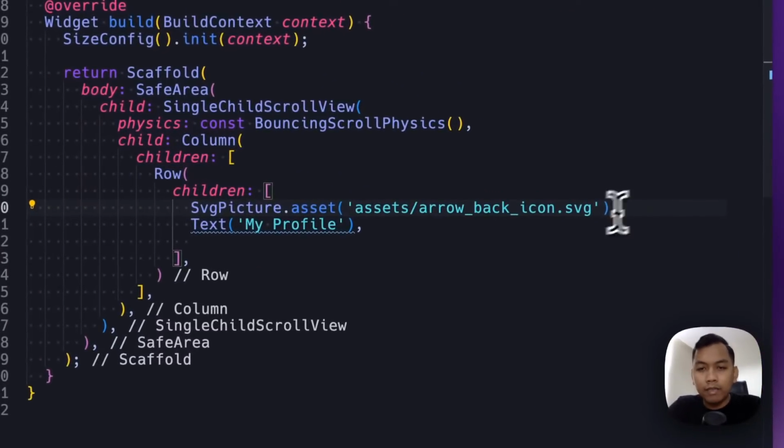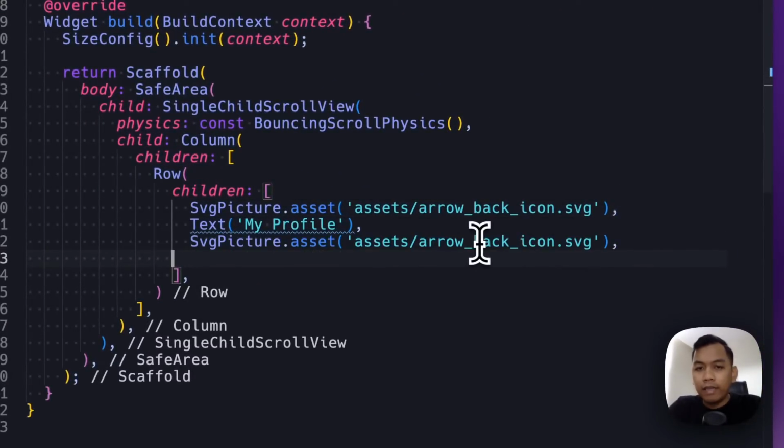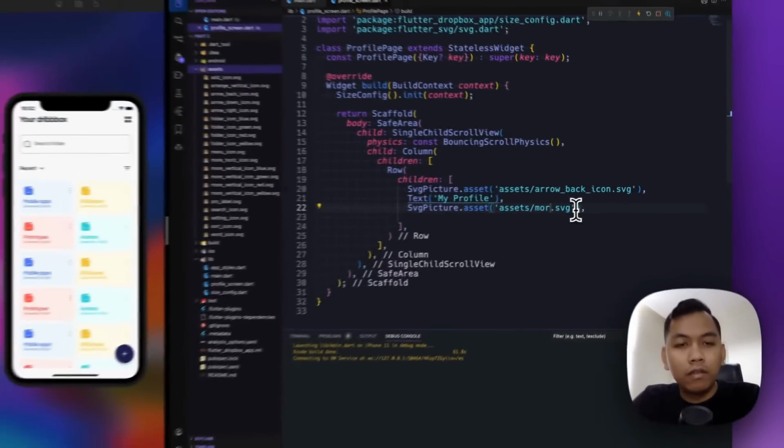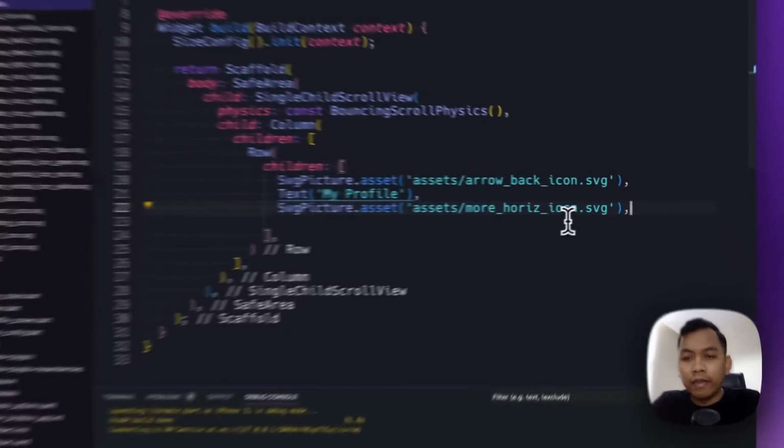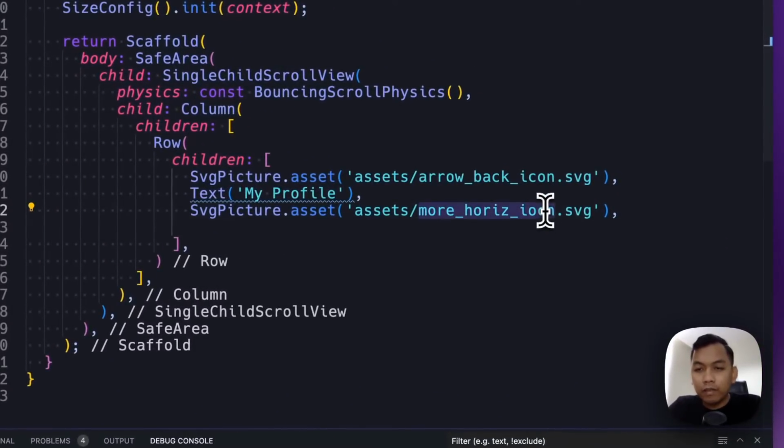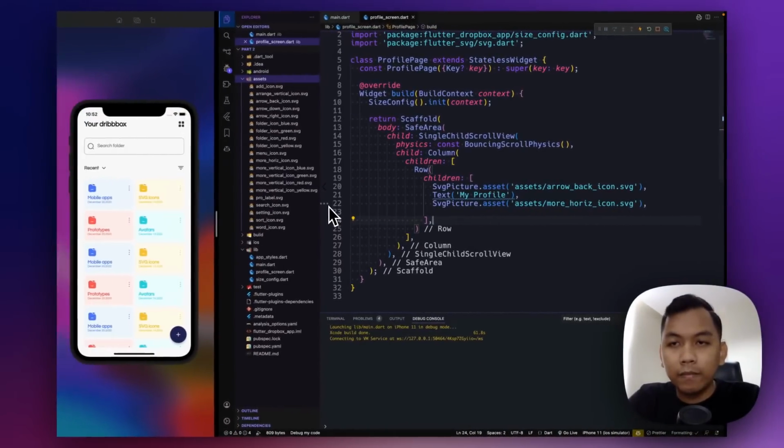Just copy this, paste here, and it will be the more horizontal icon. Alright, and it will look like this. So we will see this.